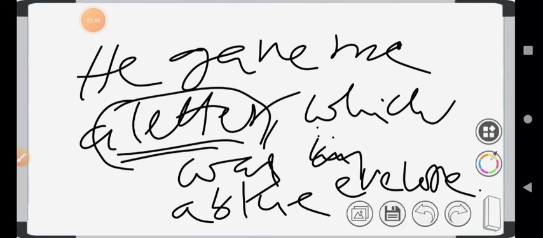He gave me a letter. What is the difference? In a non-defining relative clause, there was only one letter. There is only one letter here. It happened to be blue. We must use which. That is more important in starting the non-defining relative clause. If you want to use that, it is the defining clause.